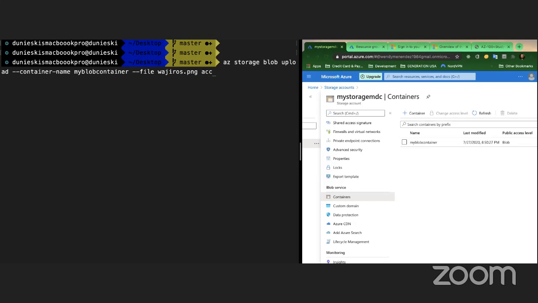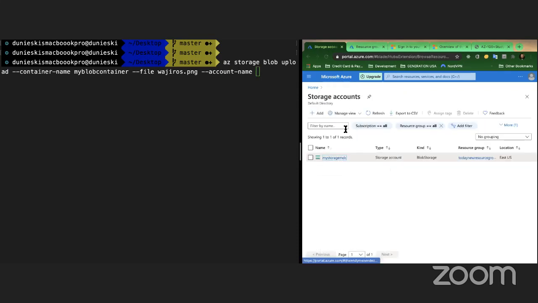The account name, remember the account name of the storage account that I created? Account name is going to be what? Let me go here to storage accounts. My storage MDC. My storage MDC, right? And then the name is going to be blob, my blob, just the name. Okay. Now, if I hit enter,